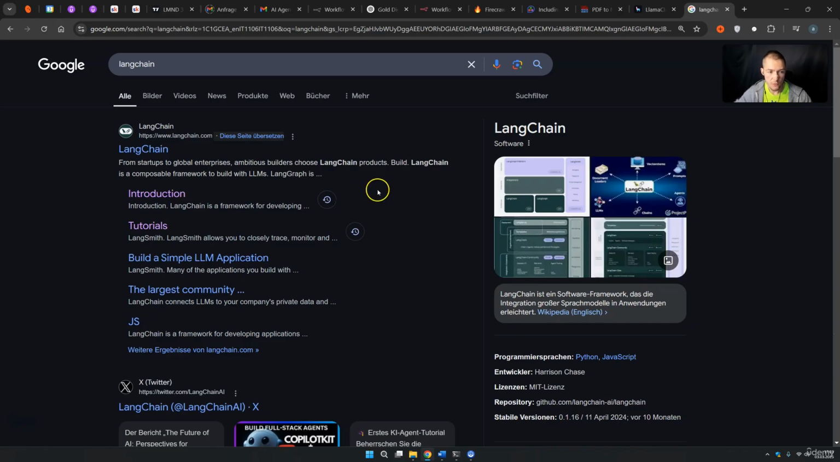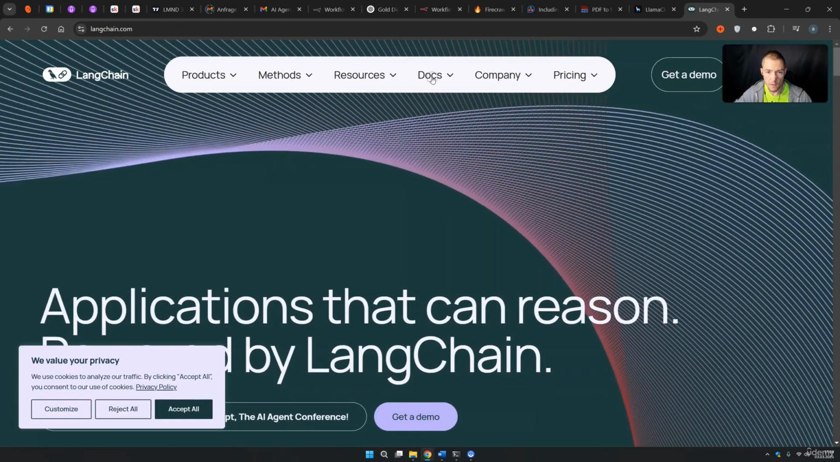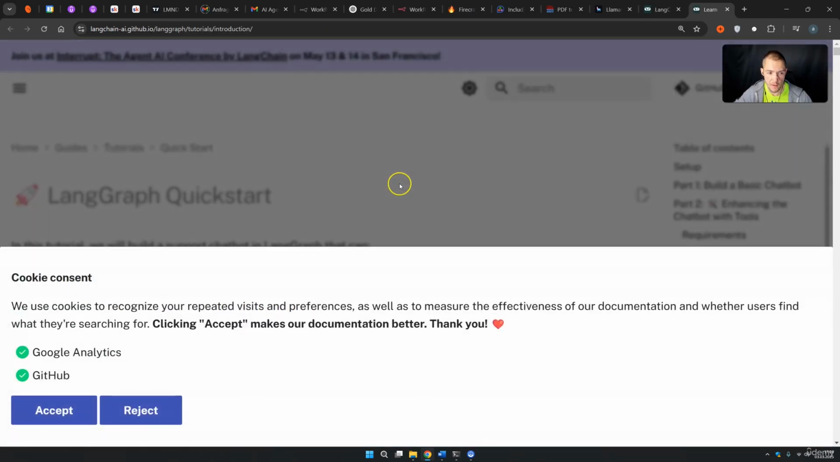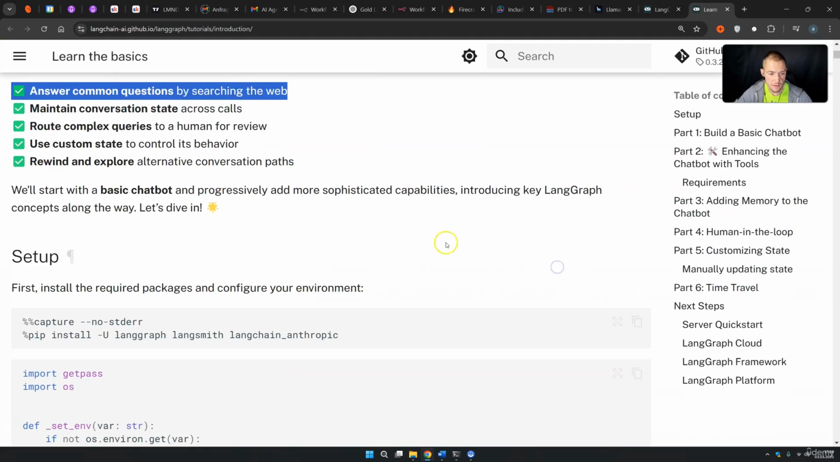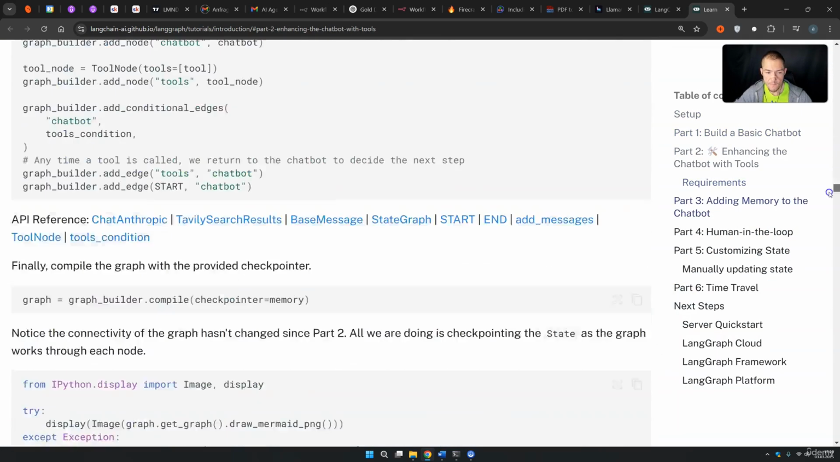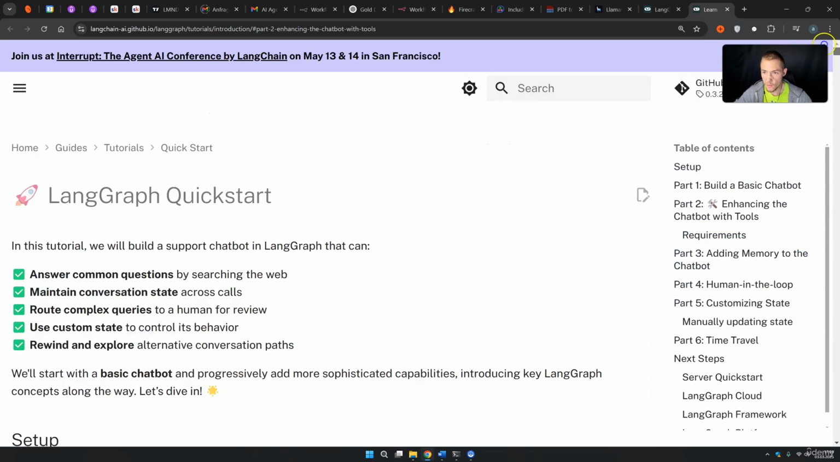Let's just say you want to scrape the LangChain documentation. If you press on LangChain and we come onto the documentation, like from LangGraph for example, you see that this data is of course messy. This is not well structured for an LLM, so basically this is not perfect. And right now I want to show you how we can get the HTML